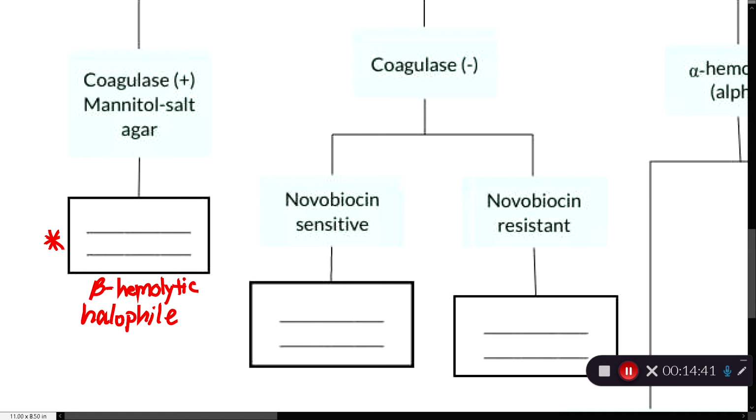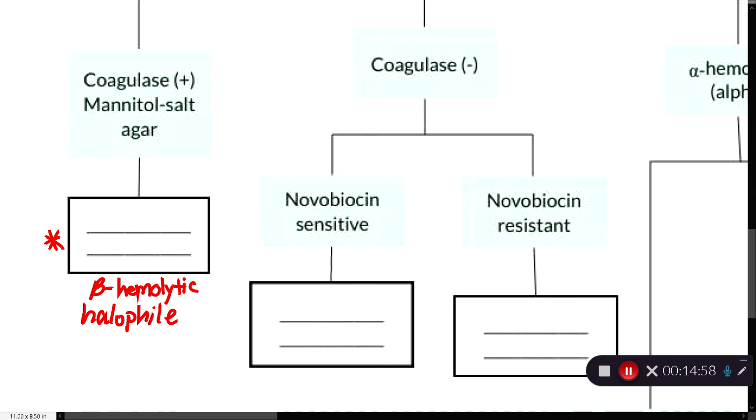And the mannitol salt agar also has mannitol, which is a sugar, and phenol red. And so if this organism is a mannitol fermenter, it will produce an acid that will turn the phenol red, which is like a pH indicator,